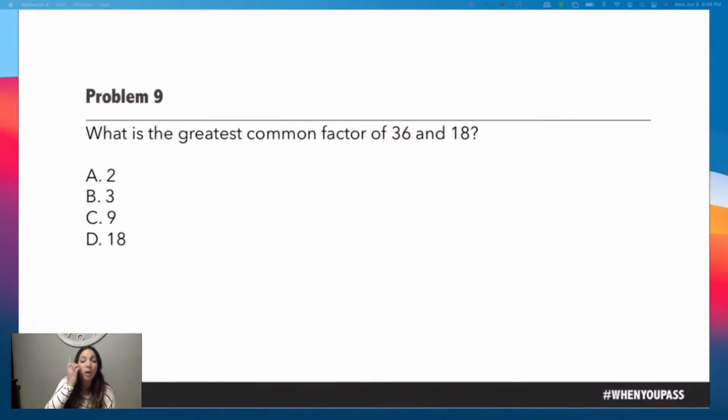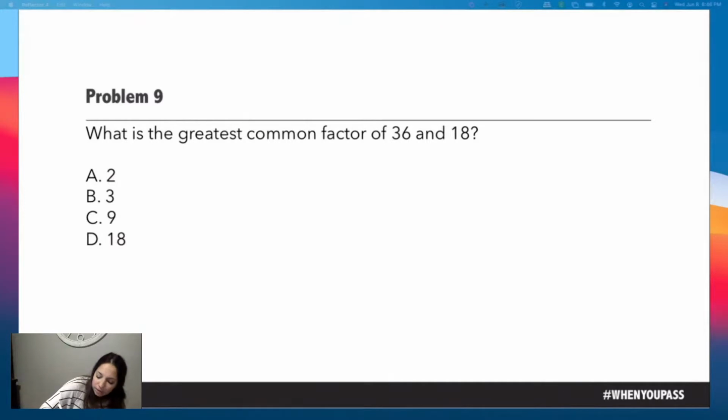All right, what is the greatest common factor of 36 and 18? This is an elementary problem for sure. Now, my middle school and high school people, you have to know factors because you have to be able to use that information to solve more complex problems. But this is definitely for my elementary people. I love that you've been taking a picture of my work. Then you can just scroll through it when you're sitting in the drive-thru. Just look at math problems.